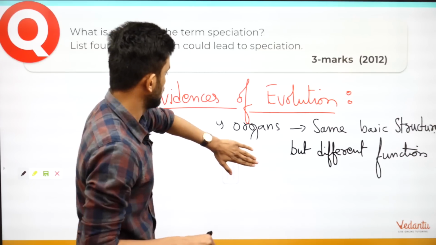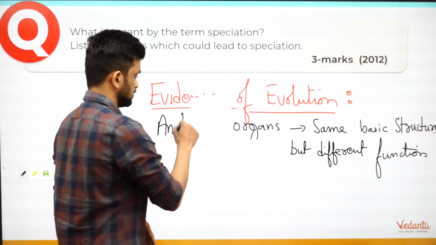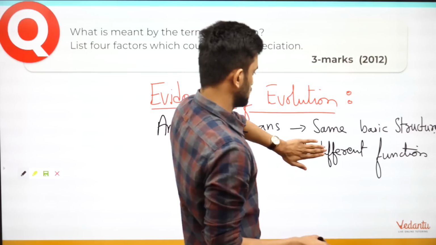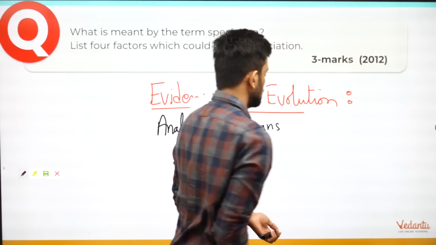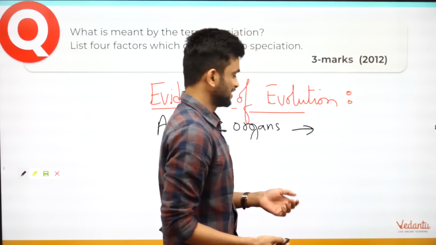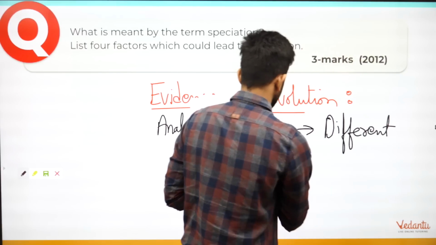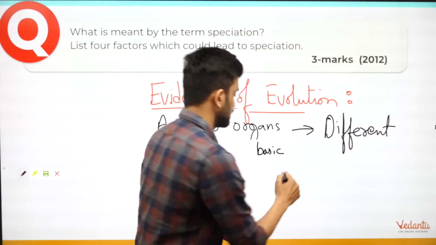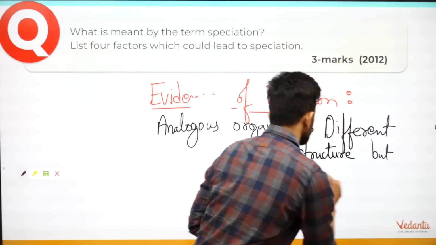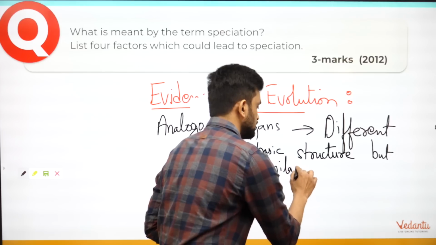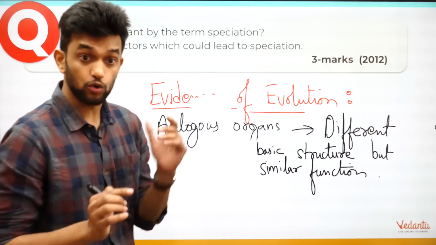What's the next type of organ, people? It is analogous organs. What is the definition for analogous organs? Analogous organs: different basic structure but similar function. Different basic structure but similar function. What do I mean by this? Example: